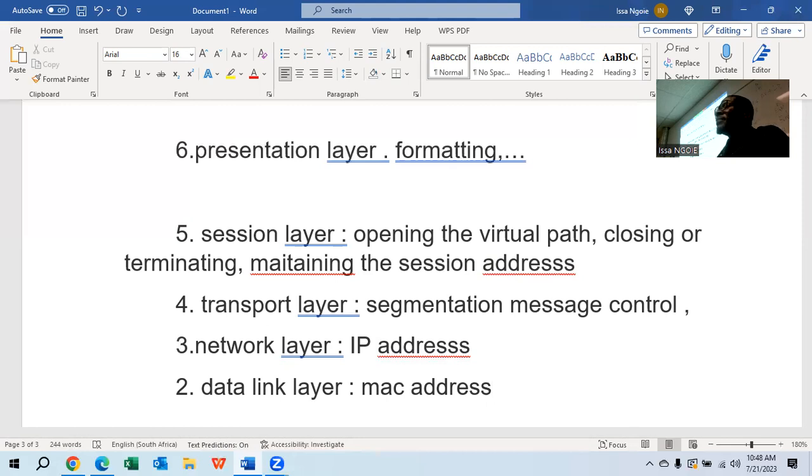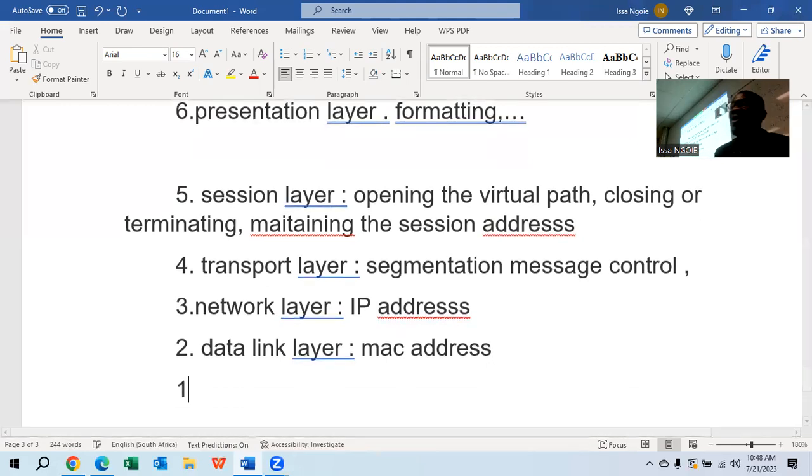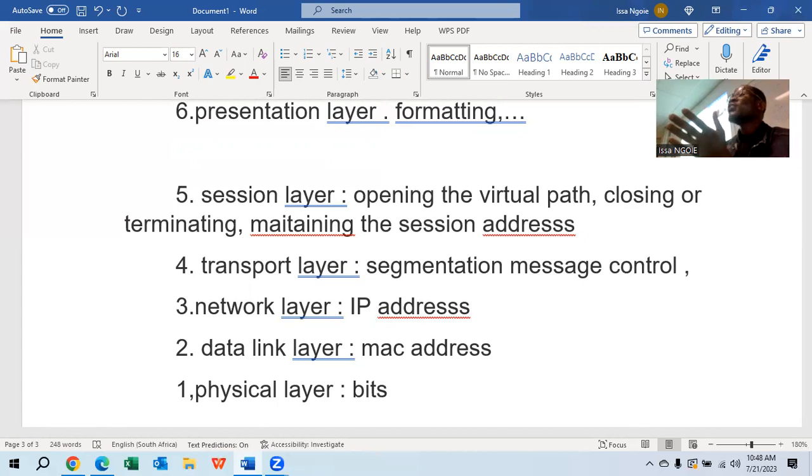And the last layer, now because I know it's Cisco's phone, how am I gonna send it? Using wireless or using the cables and so on? Using fiber optics or what? This is where we're talking about the bits. Your message will be converted to a specific format according to the media of transmission, right?